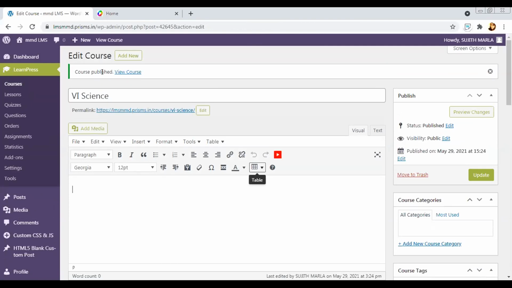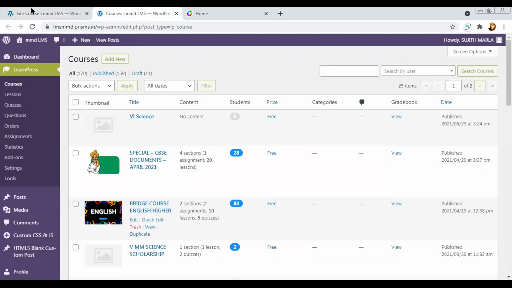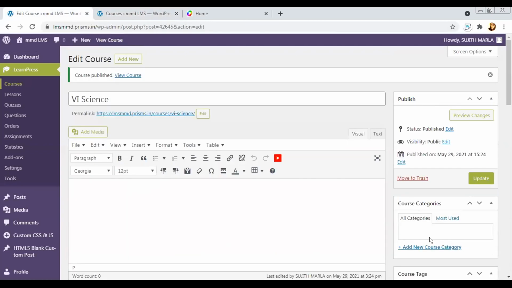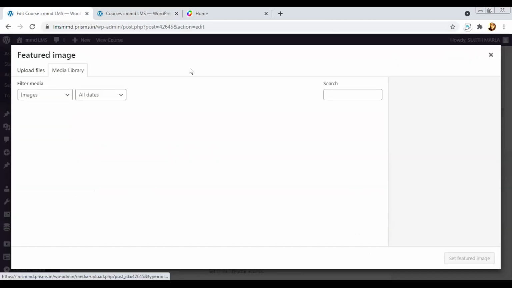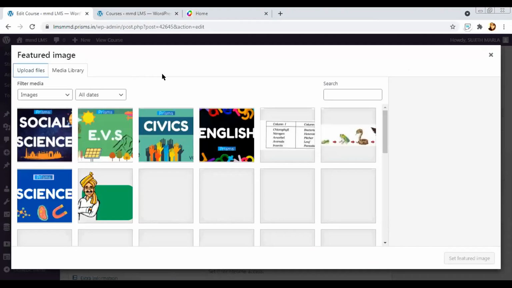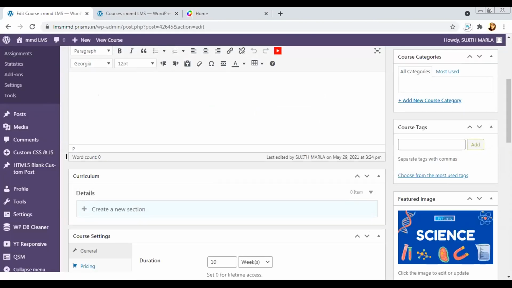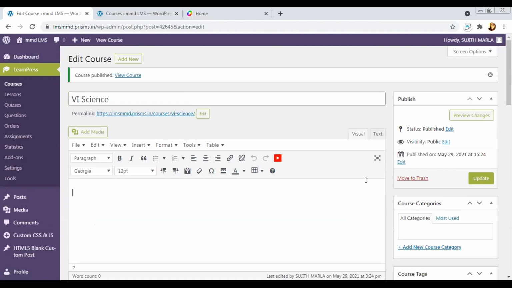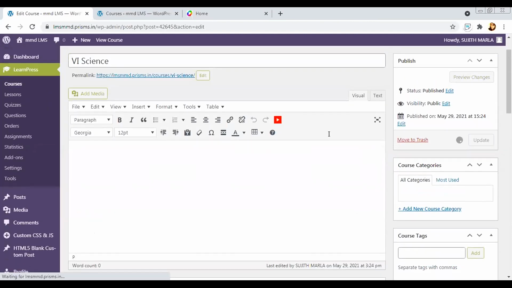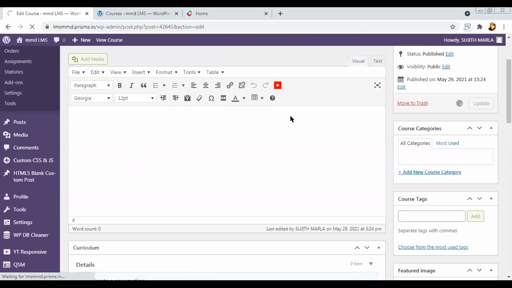After this, we also have an option, one second, I'll open it in a new tab. We can also keep thumbnails, that is the images for the subjects this year. You can add your feature image from here. There's a tab called set feature image, and in that you can upload the image if you want. We also have images with us; if you want, we can share those with you. You can also write an introduction, but that's not mandatory. It's up to you.